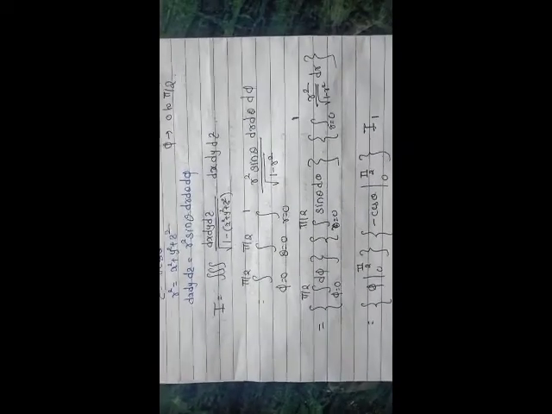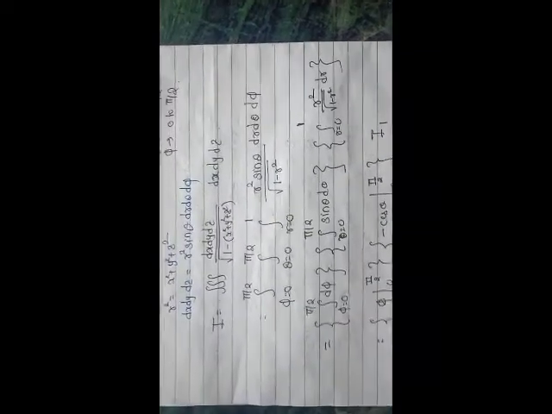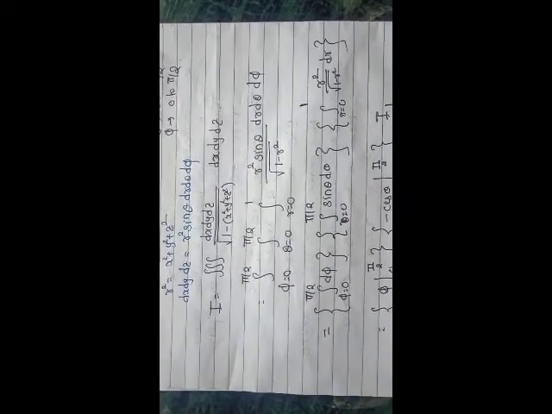Now since all the limits are constant and it is possible to separate the terms in r, theta, phi, we can write the above triple integration as a multiplication of three single integrals. The term in phi is d phi only, limits 0 to pi by 2. The term in theta is sin theta d theta, limits 0 to pi by 2, and the terms in r are r square divided by root of 1 minus r square, r equal to 0 to 1. The d phi term is integrated, sin theta is integrated, and the last integral is kept as it is. Then we have I equal to pi by 2 I1.